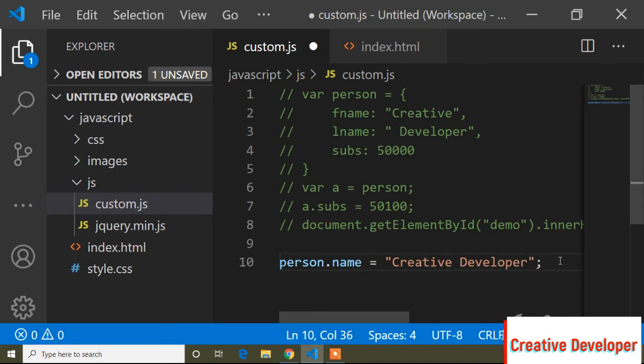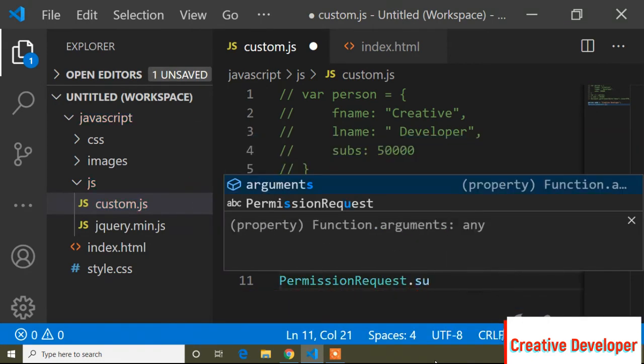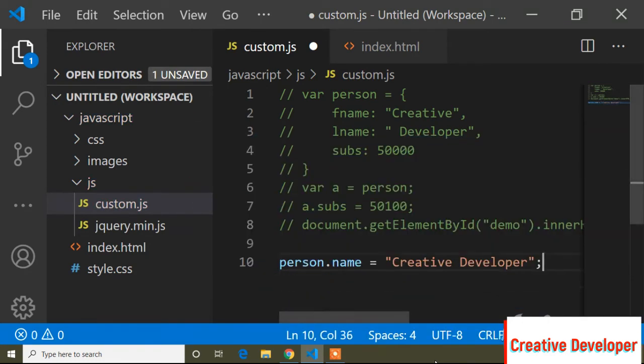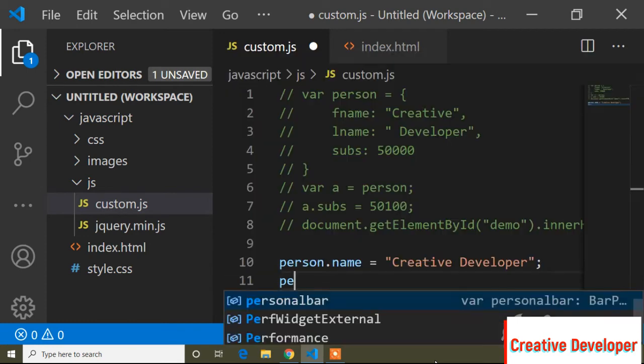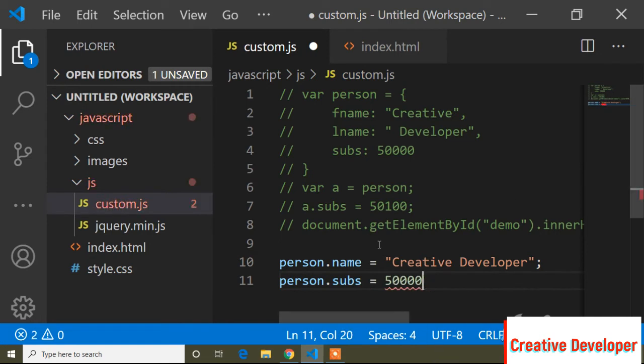So you can write any name, and here you can write any object name and any value. So here now I write person dot subs, and subscriber is the number, so again I will write the number here.